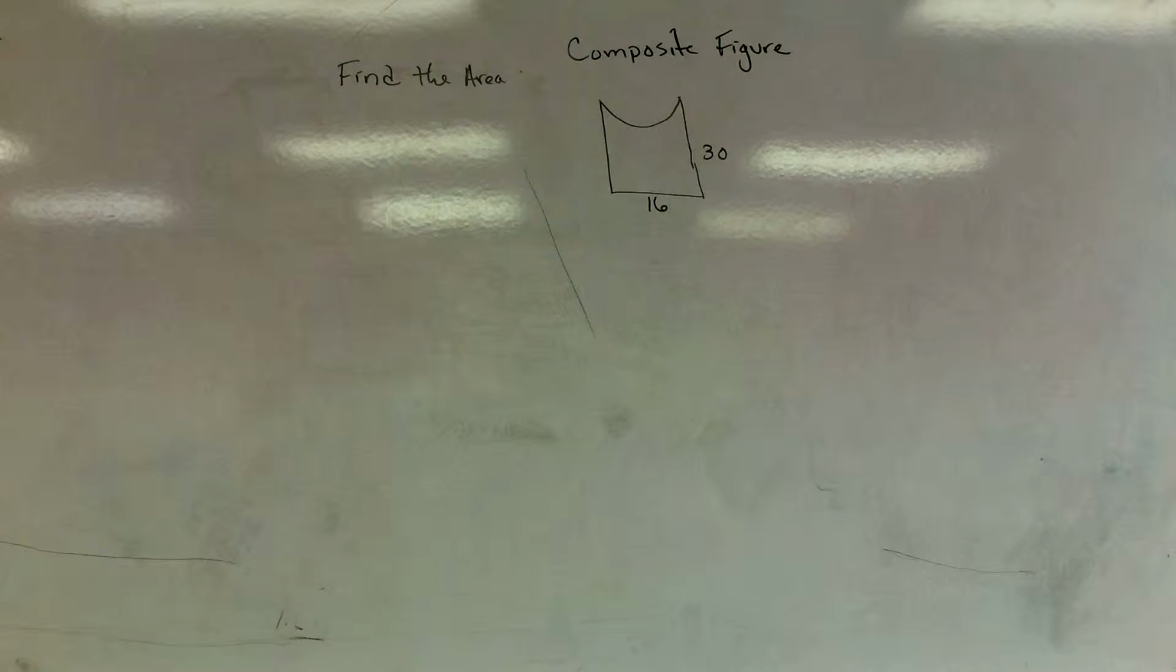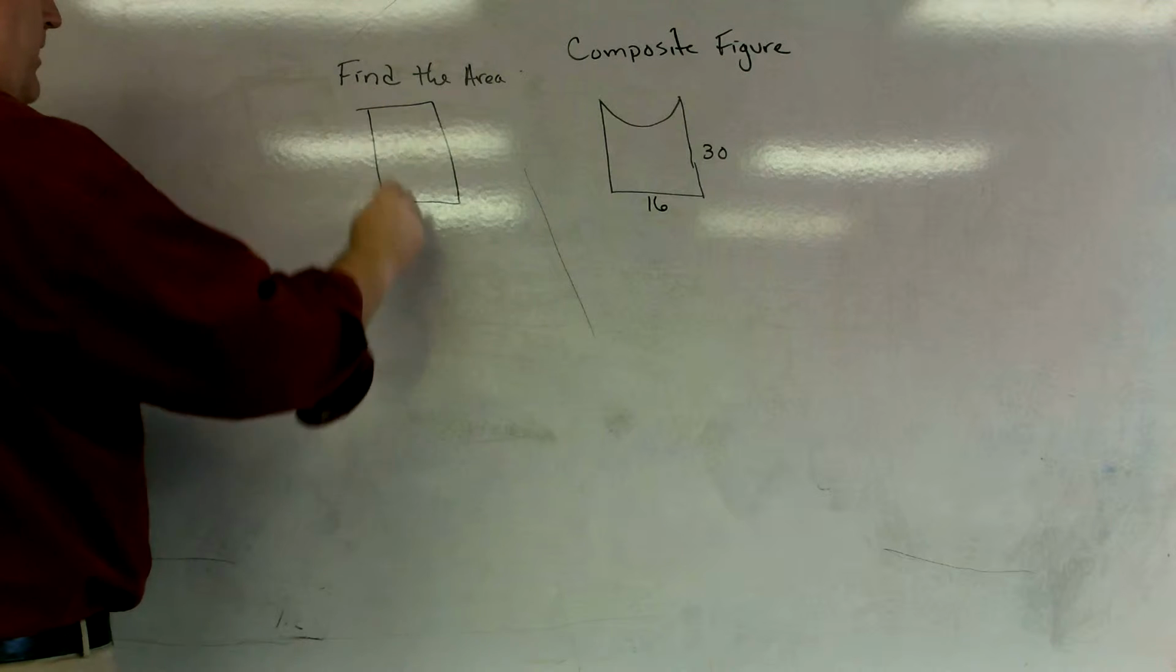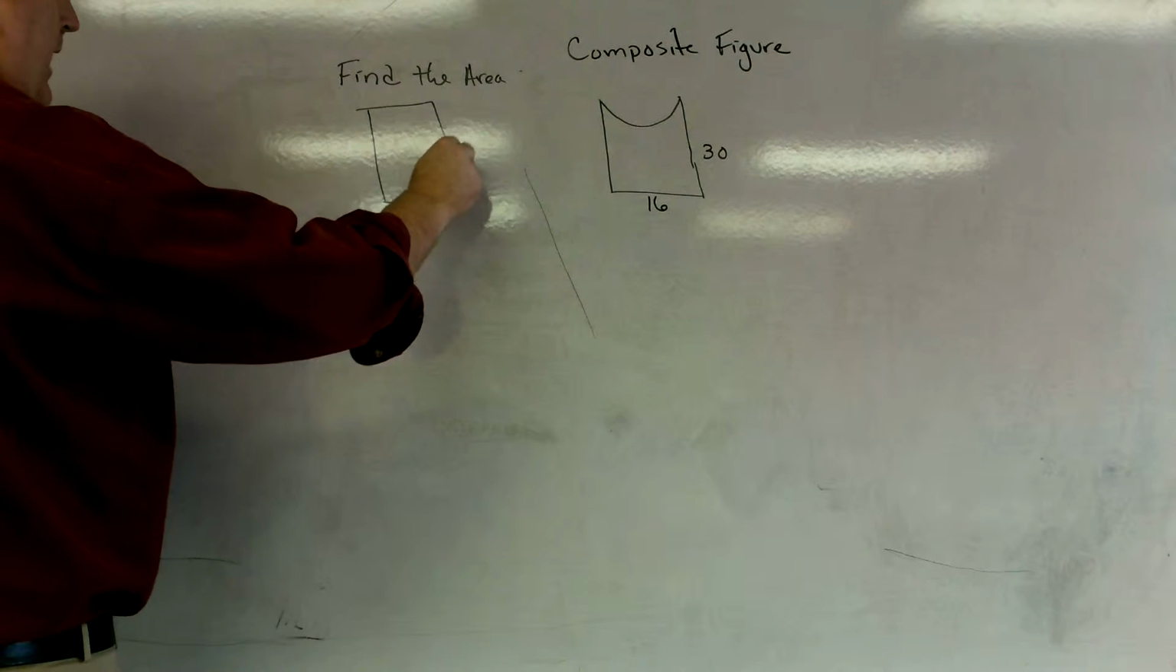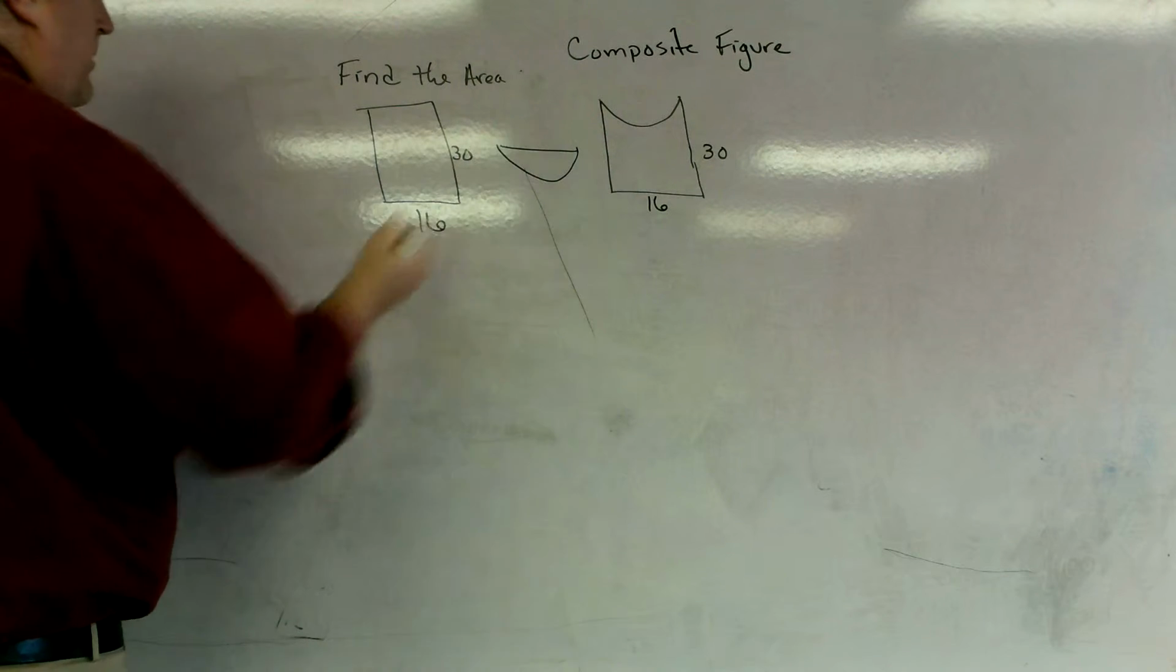Okay, so what we're being asked to do in this problem is find the area of this composite figure. It's called a composite figure because it's not actually one of our basic shapes that we know an area formula for. It's actually made up of two different figures. We've got a rectangle, and the rectangle is 16 by 30, and we have a semicircle cut out of the